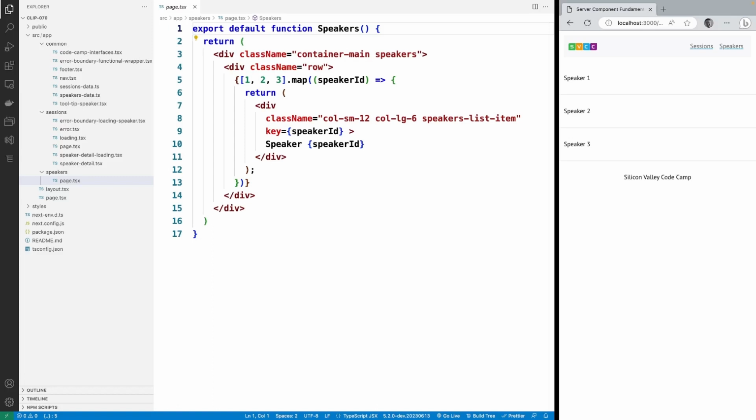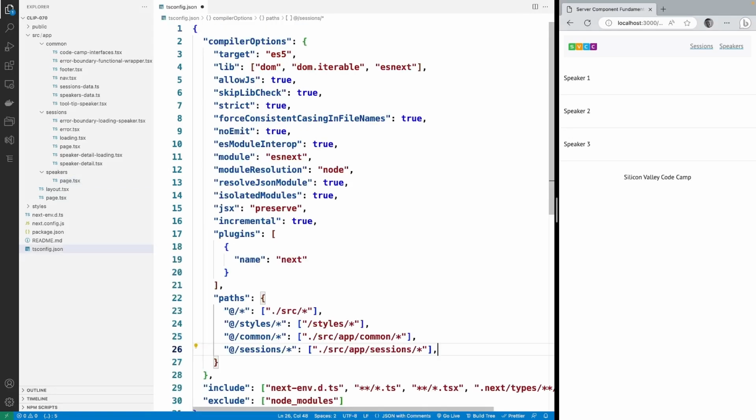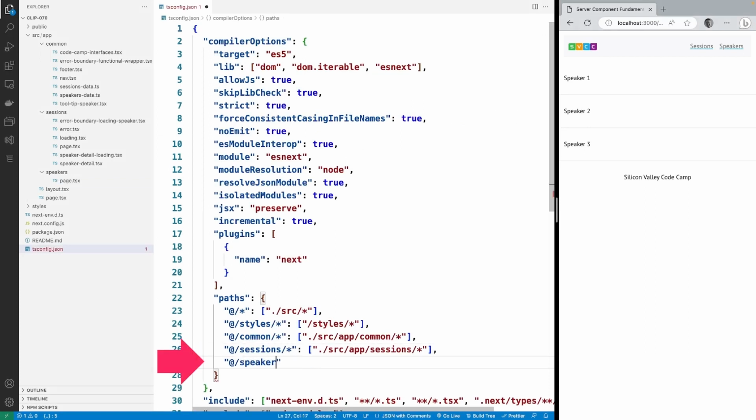Before doing any coding though, let's navigate to our tsconfig.json file where we have our path aliases and add a new alias for speakers to make sure our imports don't get mixed up with problem relative paths. This helps us with not only components we're going to build here to support our new speaker tab, but also any other components that need access to these components that are in different folders. Let's go back to our